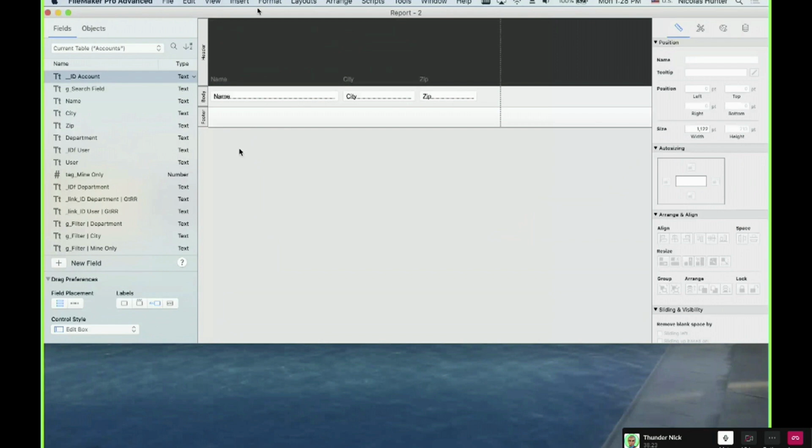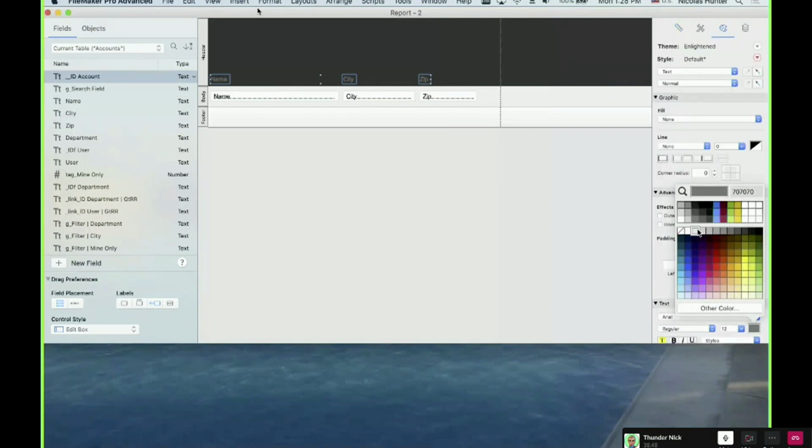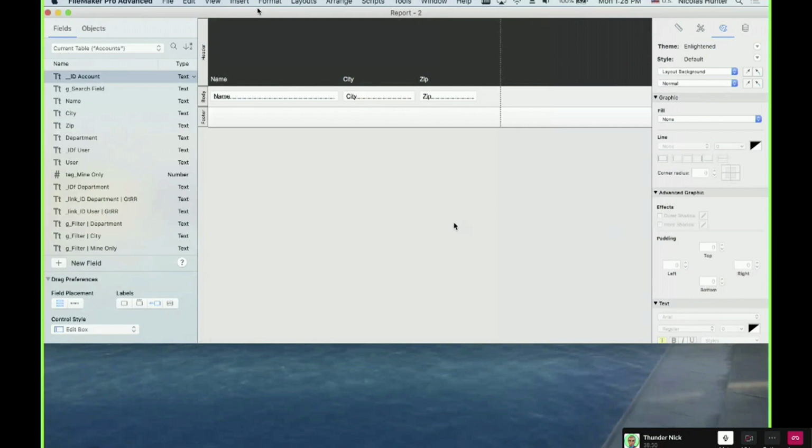Most of the time, in this kind of construction, we have the body where you have the records and the fields. And then on the header, because the header sticks on the top of the screen, we have the title of the fields.